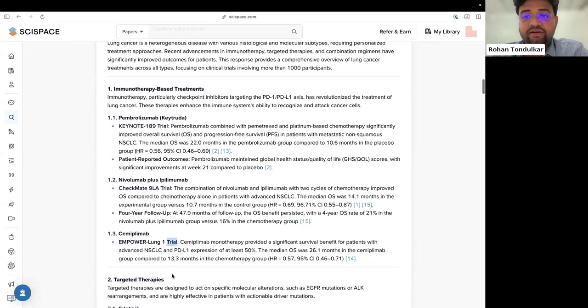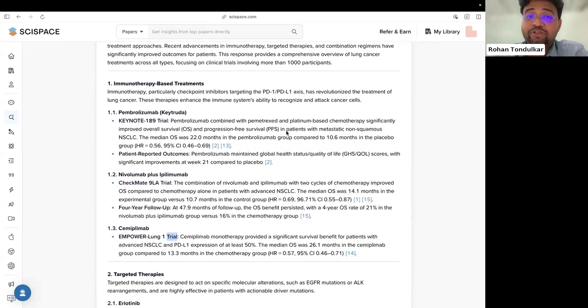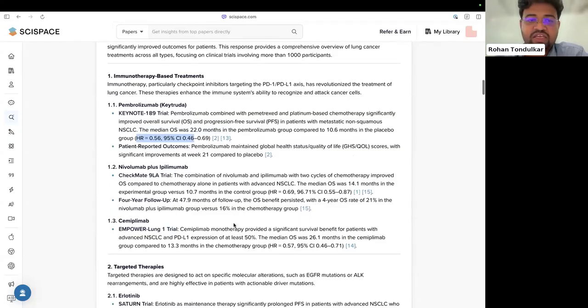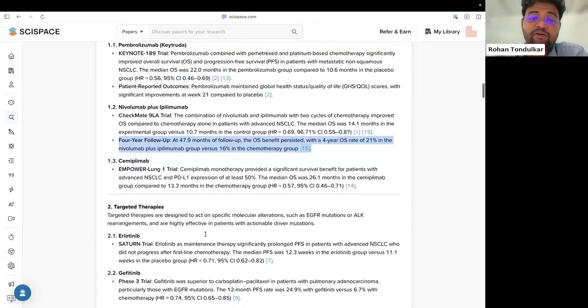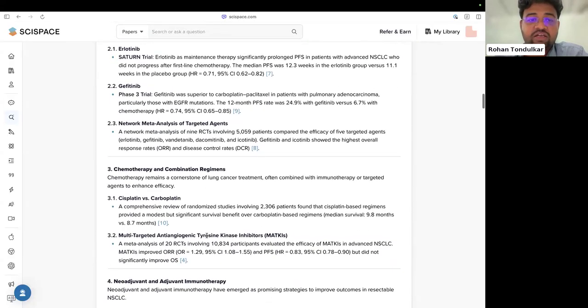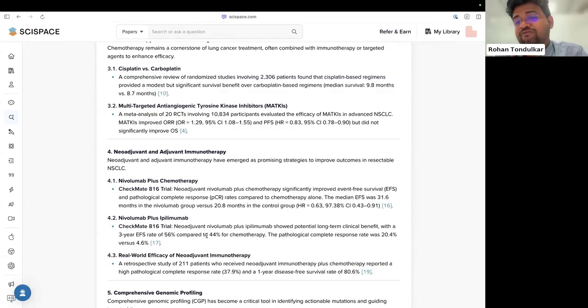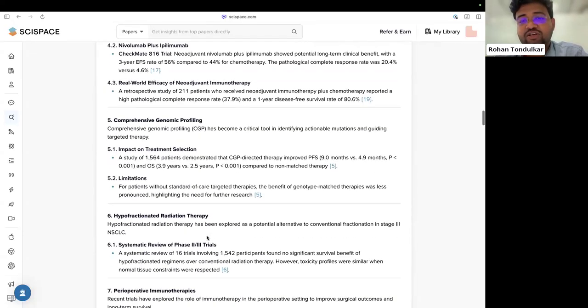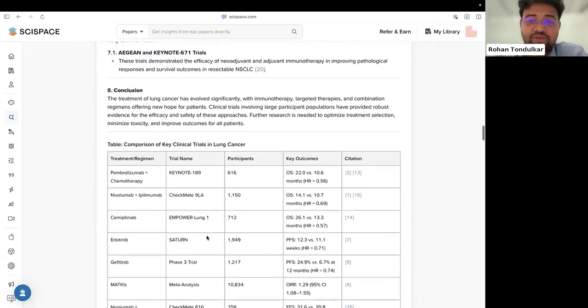And if you look, the report is very specific. What happened in the trial, right? It tells the median, this many months, and HR. To be honest, I don't even know these terms, but it looks very specific to me. What happened in the 4-year follow-up, because in cancer treatments, the follow-up is probably more important. So this, for someone in the world of lung cancer treatments, would be very valuable.